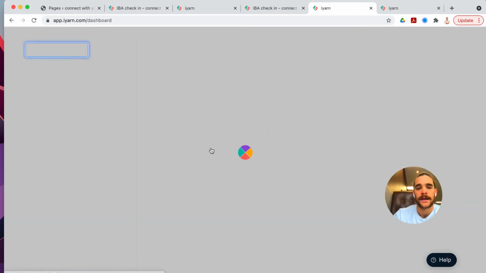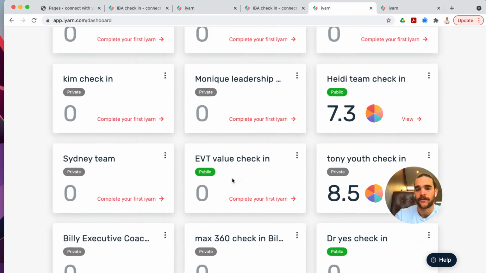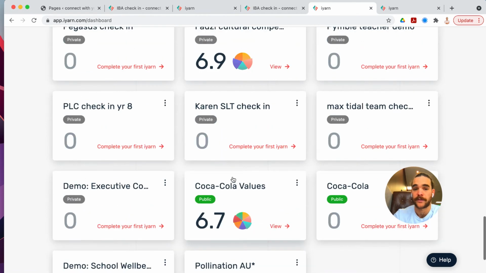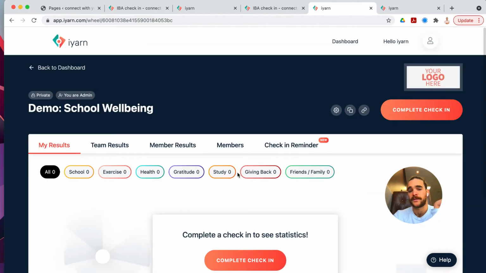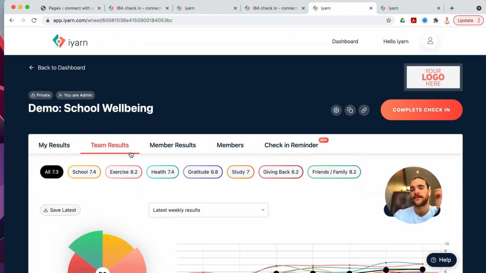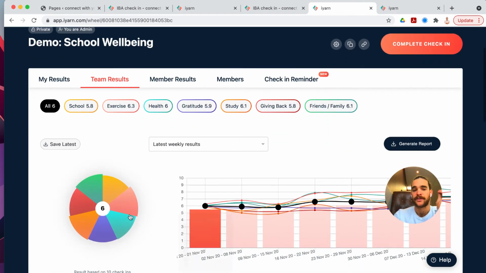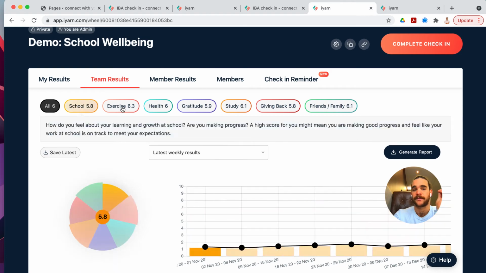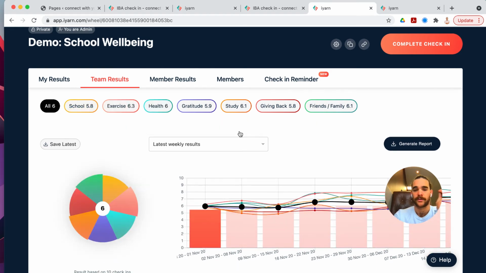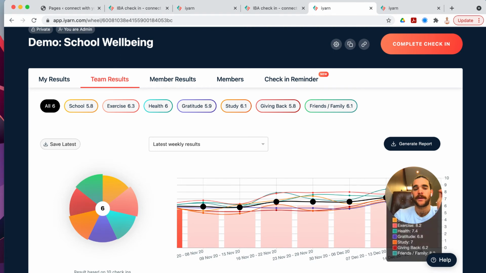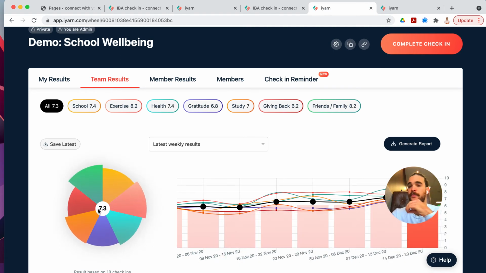So I'll go back here and show you a bit of data, what it can really look like if you've got a team. I've got an example here of a school. Imagine at the beginning of the term you've got a 10-week program happening. You can see the average of everyone has been 6 across all these different segments we're checking in on. I'm just scrolling across there. And then at the end of the 10-week program, everyone's gone up on average to a 7.3, which you could argue is like, oh, we've increased the students' outcomes by 13%, from point A to point B, which can be quite useful.